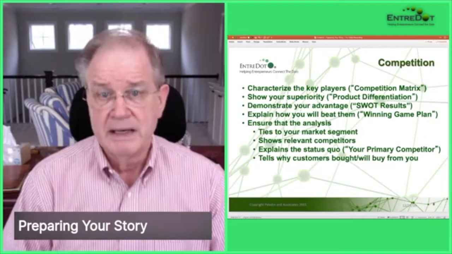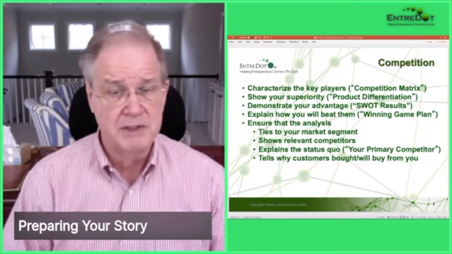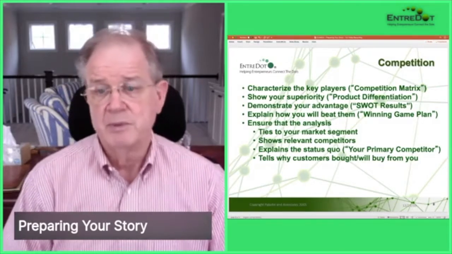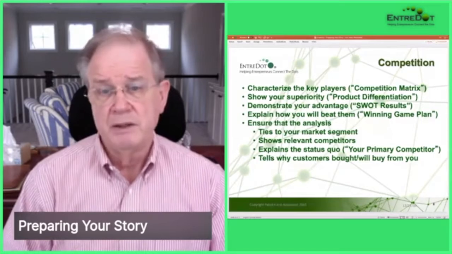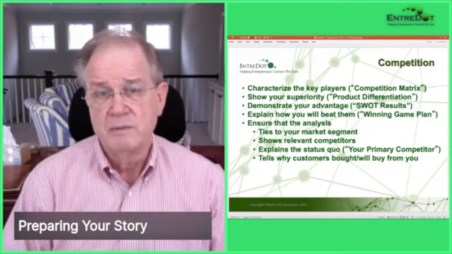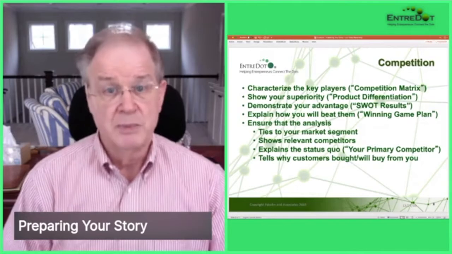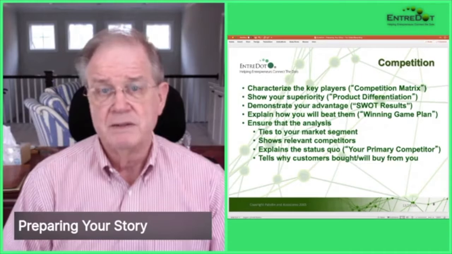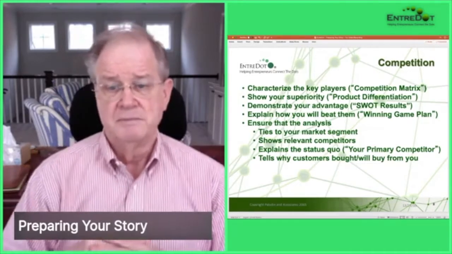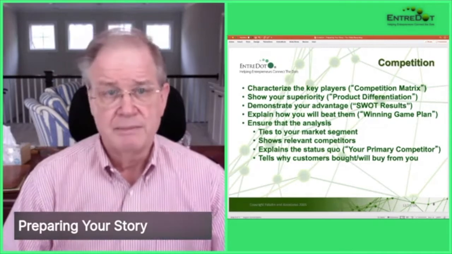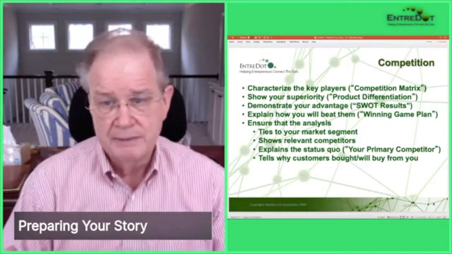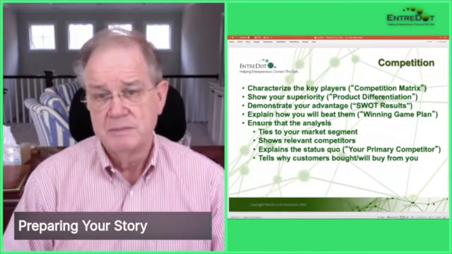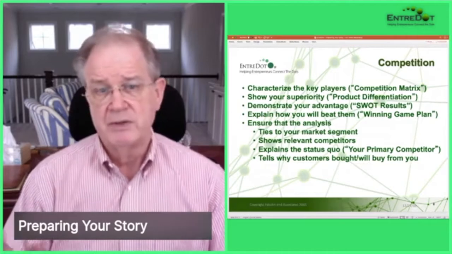So you've got to get them to move, and that could be a major process change for them sometimes. It could be expensive in training, for example. So this could be your primary competitor, the status quo. So be aware of that and explain how you're going to overcome the status quo in your selling of your product. It tells why the customers will buy your product and not somebody else's, and they'll get off the dime on the status quo. So that's competition and how you could characterize it.